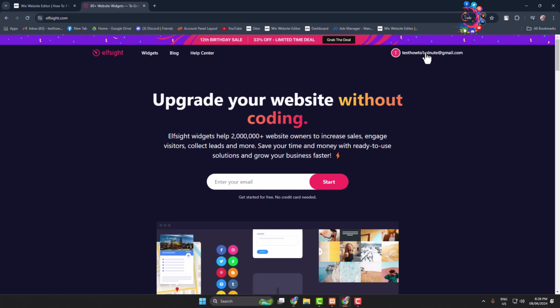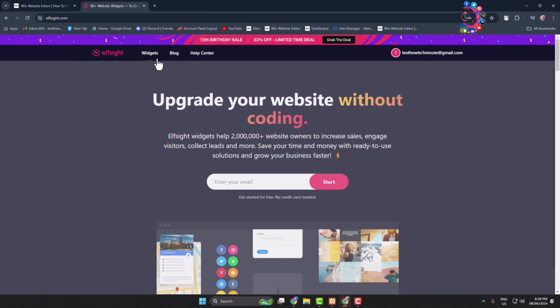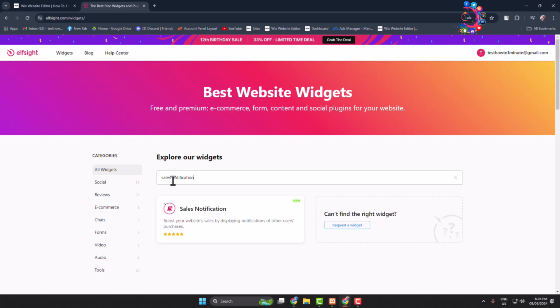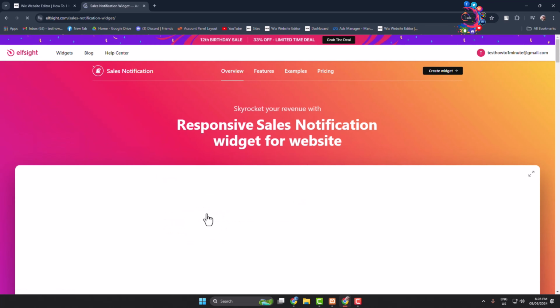Once you have successfully signed in, now click on widgets, and in the search widget box you have to type here sales notification, and here you will find the sales notification widget. Just click on that,